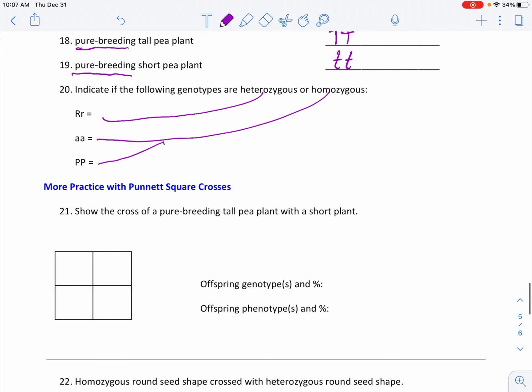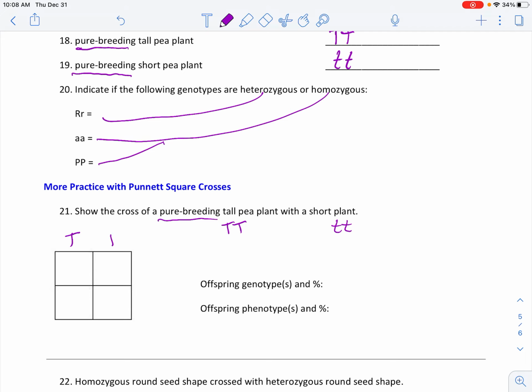Okay. More practice, and now these are more of the word problems that you'll see. So using the pea plant traits, show the cross of a pure breeding tall pea plant. First step, again, we have to determine the genotypes. Pure breeding tall is homozygous tall, and tall is capital T, so pure breeding tall is capital T, capital T. Short. Well, the only way for a plant to be short is to have both lowercase t's. So